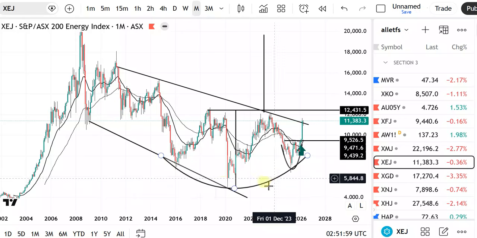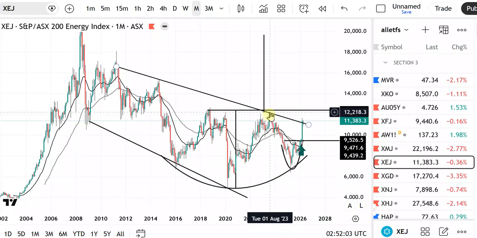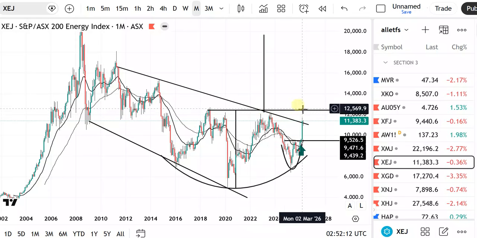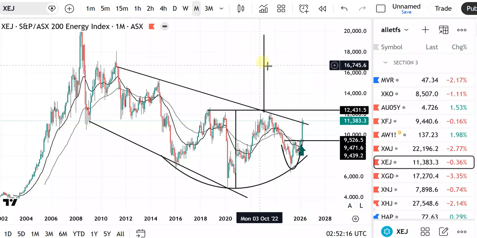We've got a bit of a rounded bottom, so there's the depth, and we add it to the, well, you could add it to this breakout here, but technically this is waiting for this resistance to break. Anyway, we've got targets that would be somewhere around here,